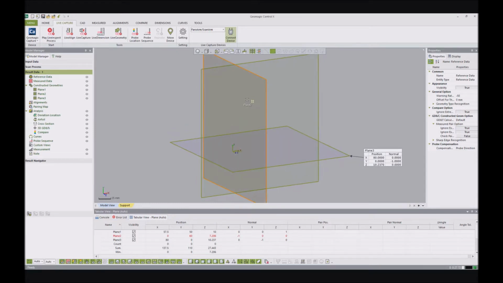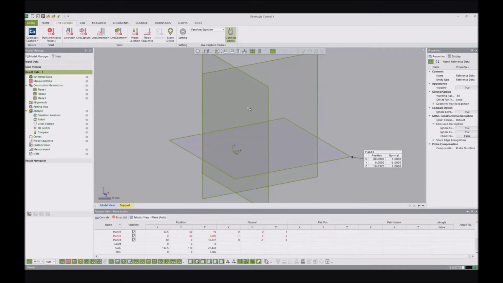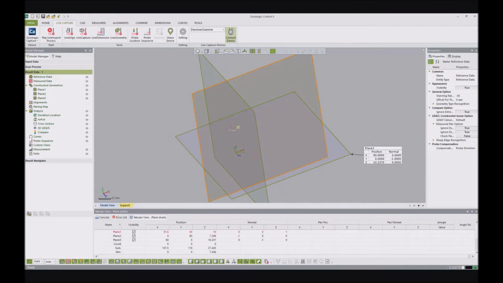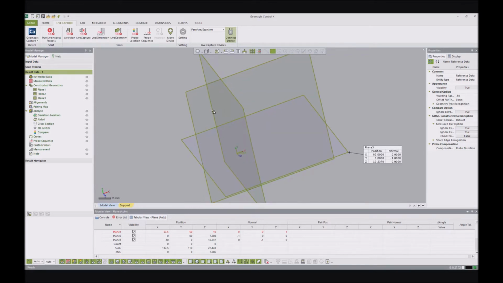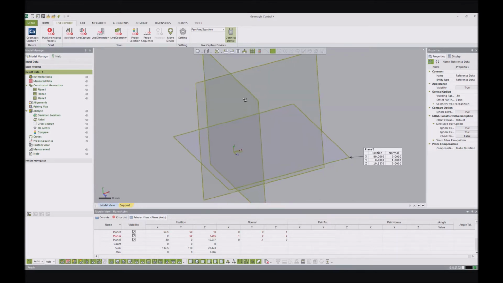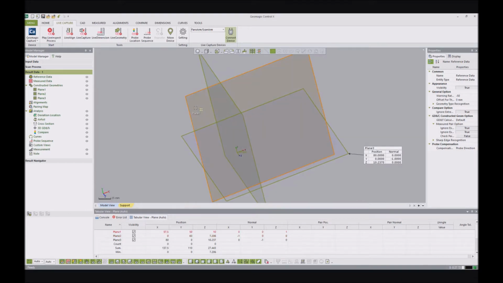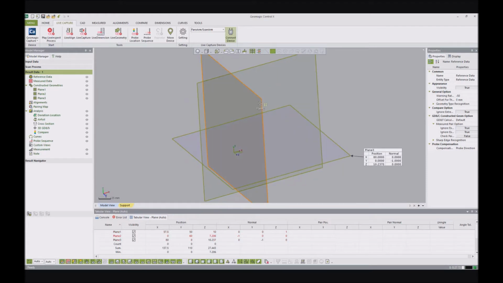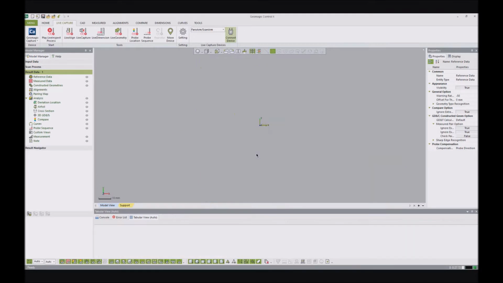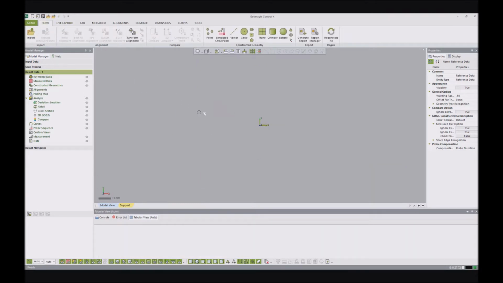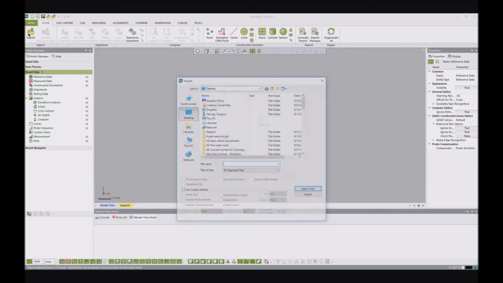As I mentioned before, we can also bring in tessellated CAD. The idea here is maybe I have an elaborate CAD assembly that has lots of different objects and pieces to it. Any software that has to translate CAD files from a variety of different sources can sometimes run into translation errors. One way that we're able to account for that is if I come here and say that I would like to import a tessellated CAD object. So if I come over here and say import,